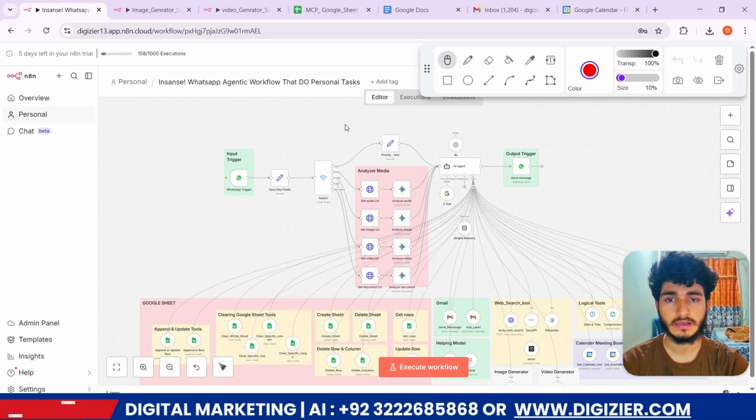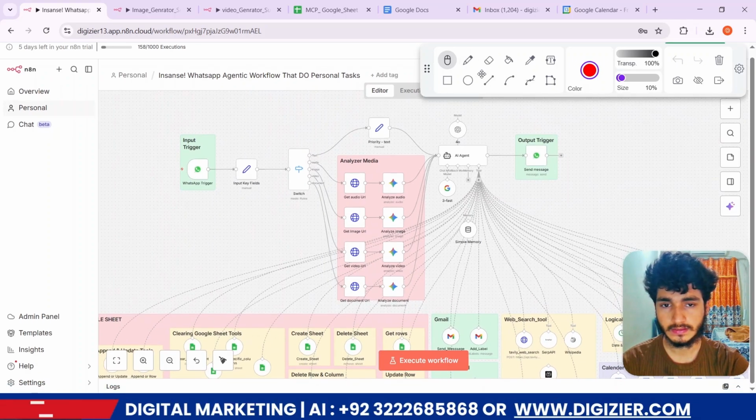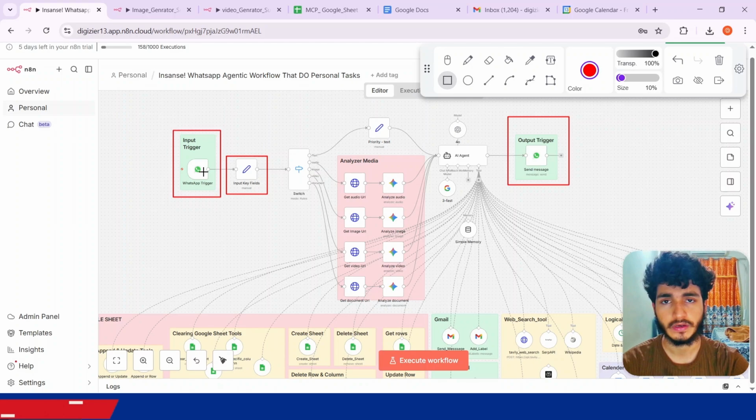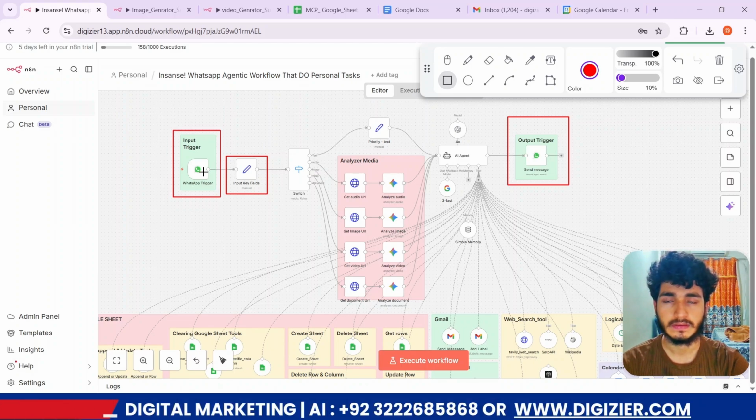So let's get started. First of all, this is our trigger. This is my WhatsApp trigger, and the output always comes on WhatsApp. Here I connect the input key fields. Basically, whenever the WhatsApp trigger sends me any kind of data, like a WhatsApp message, image, voice, video, or document, and key details like the name of the person and phone number,